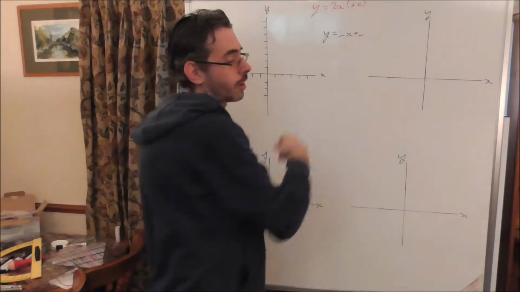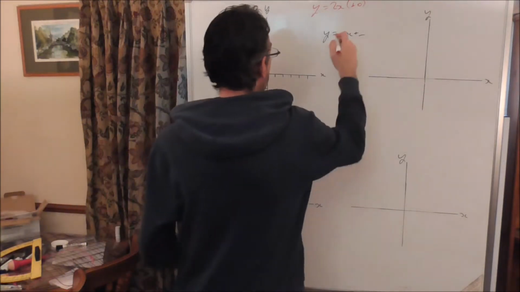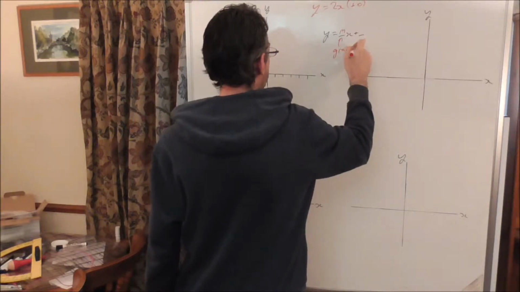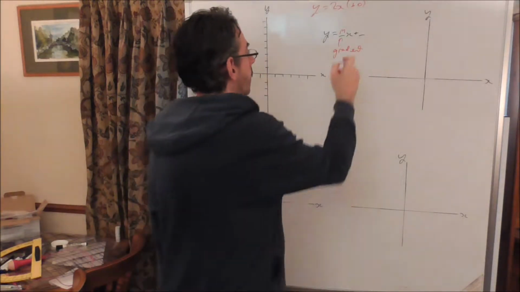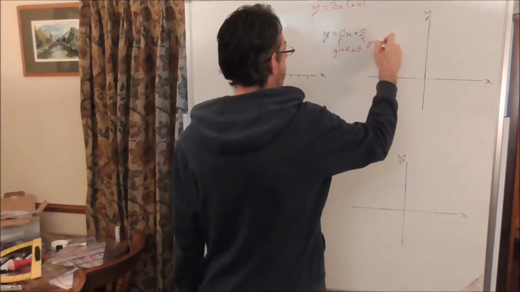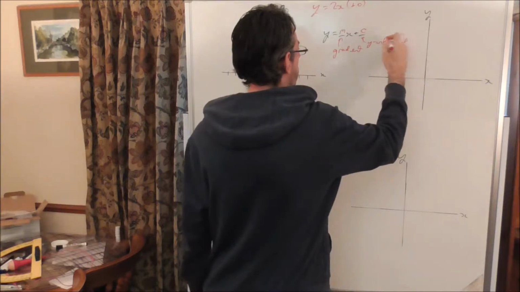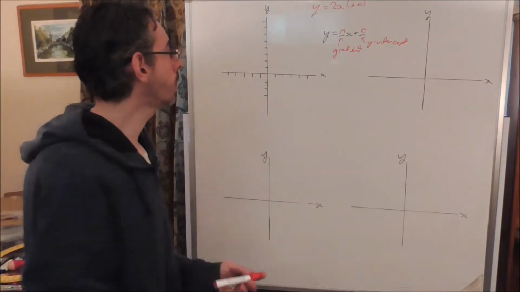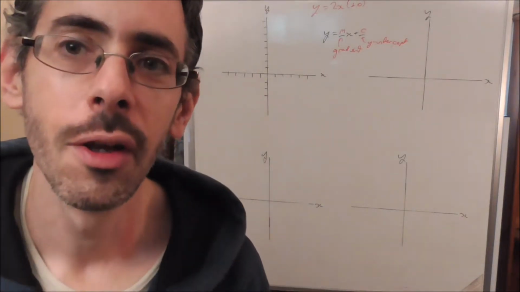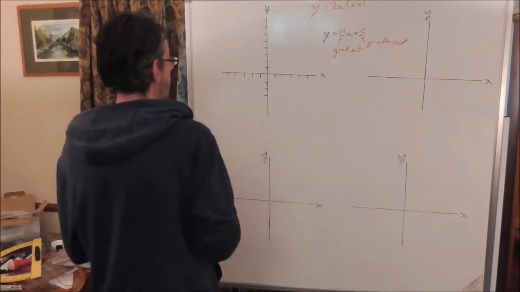then these numbers tell you exactly where the line's going to be. The number in front of the x, we usually use m for that number, and that tells you the gradient of the line, how steep the line's going to be. And the number at the end, which we usually call c, tells you the y-intercept, where the line crosses the y-axis. So our line is y equals 2x plus 0. So it's got a gradient of 2 and a y-intercept of 0. So it's going to go through 0 on the y-axis,